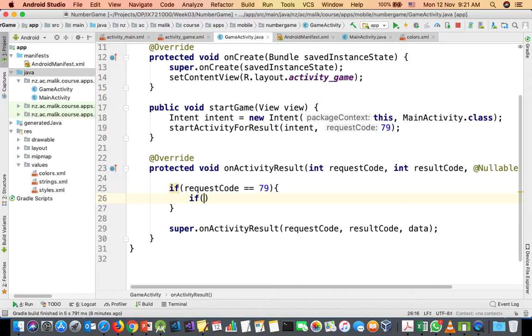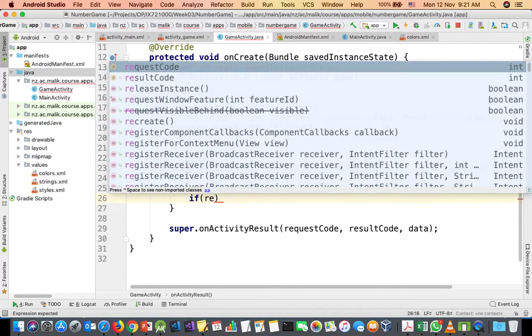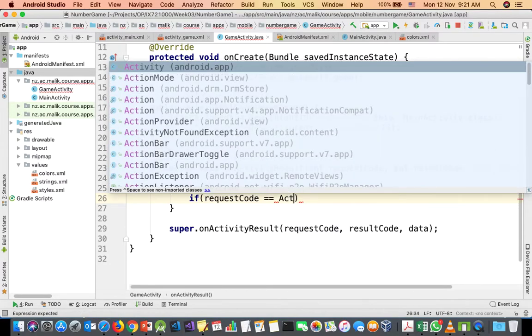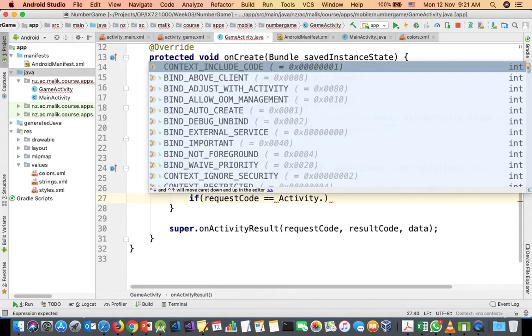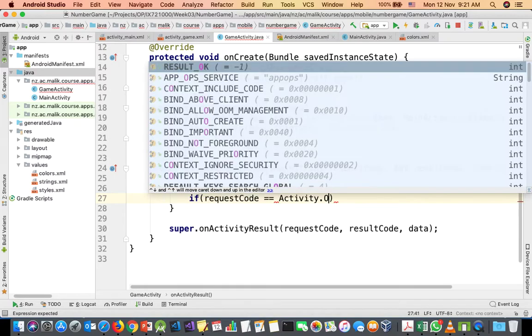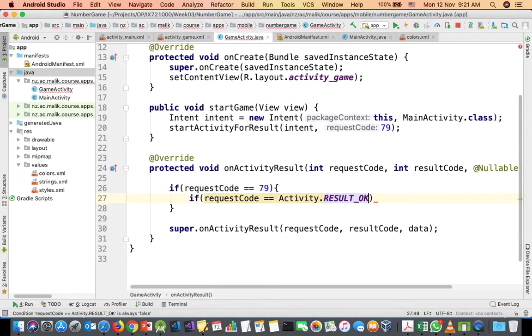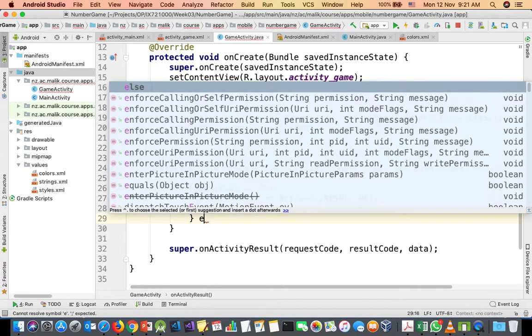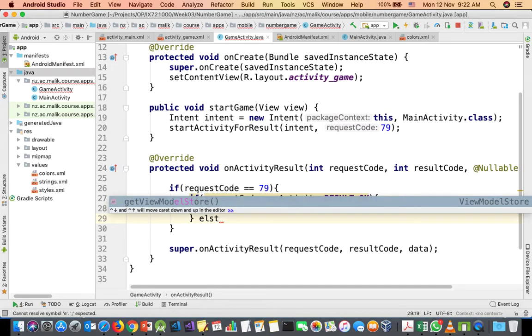And then we say that if that particular result code is double equal to Activity dot, okay, we perform something else. In the else part, else if